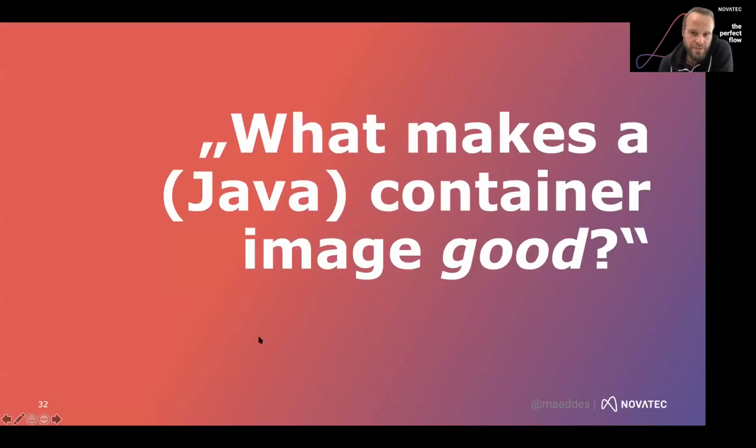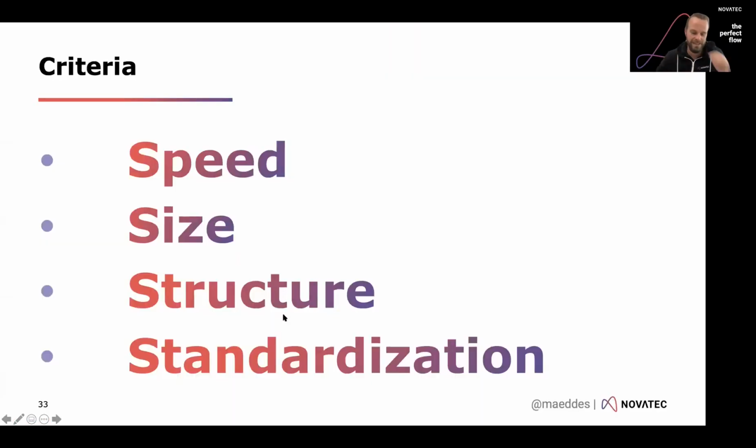Now, to summarize things, we still don't know what the best Java image is, and I don't think we ever will. But to summarize what makes a container build good, or what makes an image good. Of course, it's speed: how fast can you build, how fast can you get your image. Then also size: how small can you get it, how well structured can you have it, and of course, what is the degree of standardization. Of course, we should probably also mention security here. How secure is that image, and how open is it to any kind of vulnerabilities?